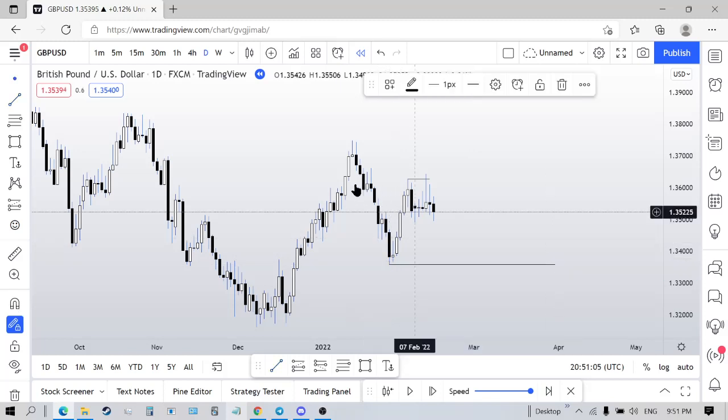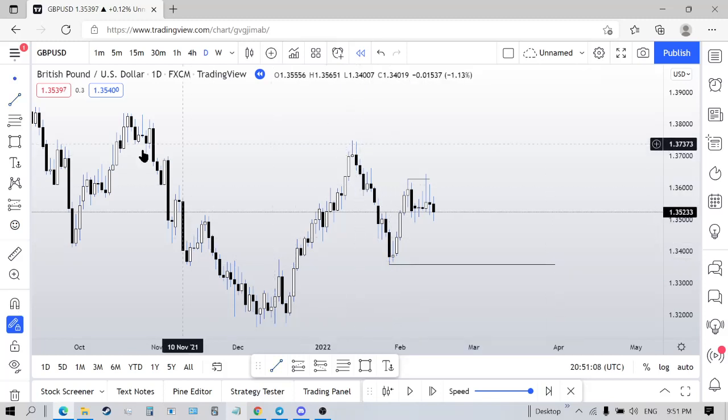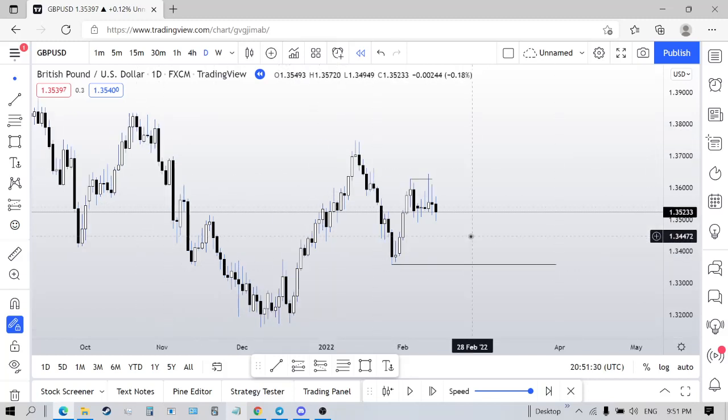In context of it coming up here into this area of supply, this bearish order block, it broke down. Now, when I say area of supply, this isn't supply and demand at all. This is ICT's order block. I'm just calling this an area of supply because it is an area of supply, just like down here would be an area of demand. But it's ICT's order block, not supply and demand.